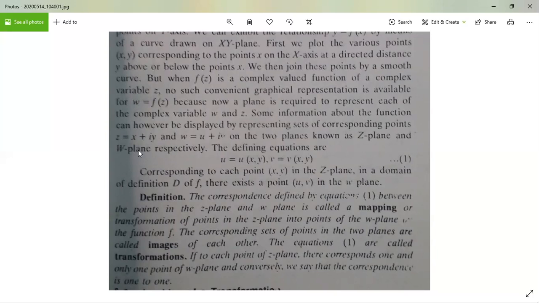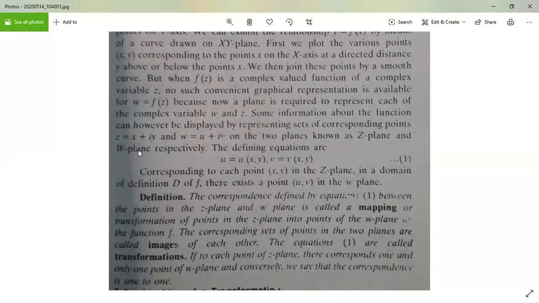The equation one is called the transformation. If to each point of the z plane there corresponds one and only one point of the omega plane, and consequently we say that the correspondence is one to one. That means when we define a mapping,